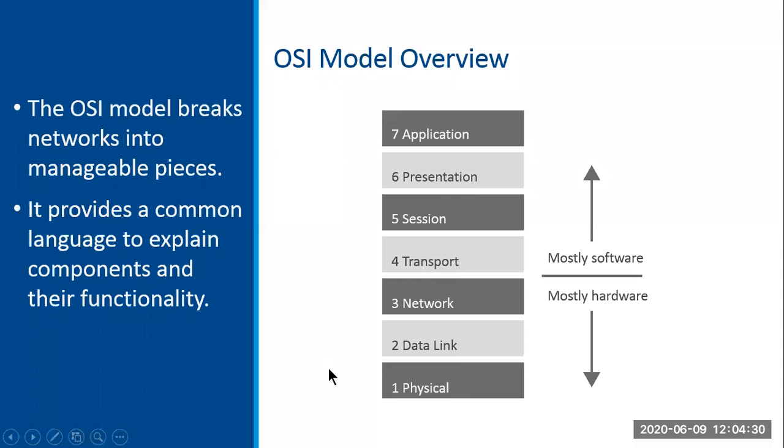The idea is that it also is a great learning tool. So not only do vendors use this to design their products for the appropriate layers to perform the right functions, but you and I can use this as an incredibly valuable tool to just learn about the networking process and how the various functions are associated with the various different layers of the OSI model.